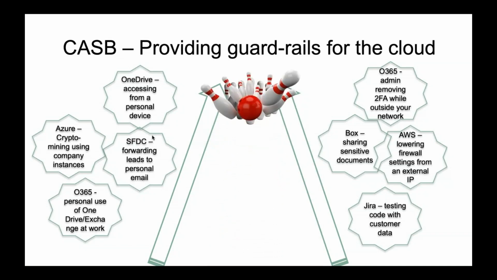So whatever you decide that you want to control, use very simple guardrails to control your users' behavior and the way they're interacting with data, both from sanctioned applications that you're allowing them to use, but also applications that they choose to use themselves. For example, if somebody's decided that they're going to do some DevOps with Jira, or somebody senior within your business has decided not to tell IT because IT is slowing stuff down, let's just stop them from putting personal data into Jira.